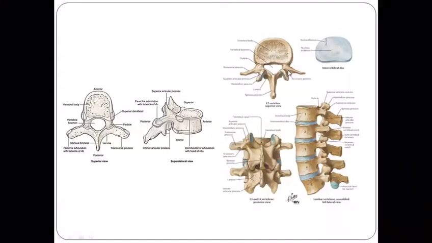Transverse process of the lumbar vertebra. The transverse process extends laterally from the junction between the pedicle and the lamina. It is slender, that is thin, except for the fifth lumbar vertebra, where it is substantial. The anterior surface of the transverse process provides attachment to two muscles: medially the psoas major muscle, and laterally